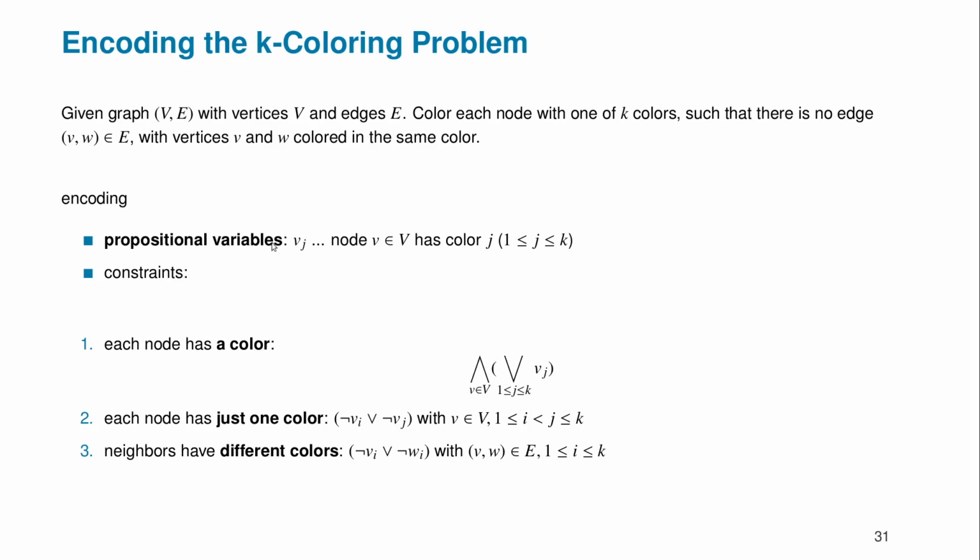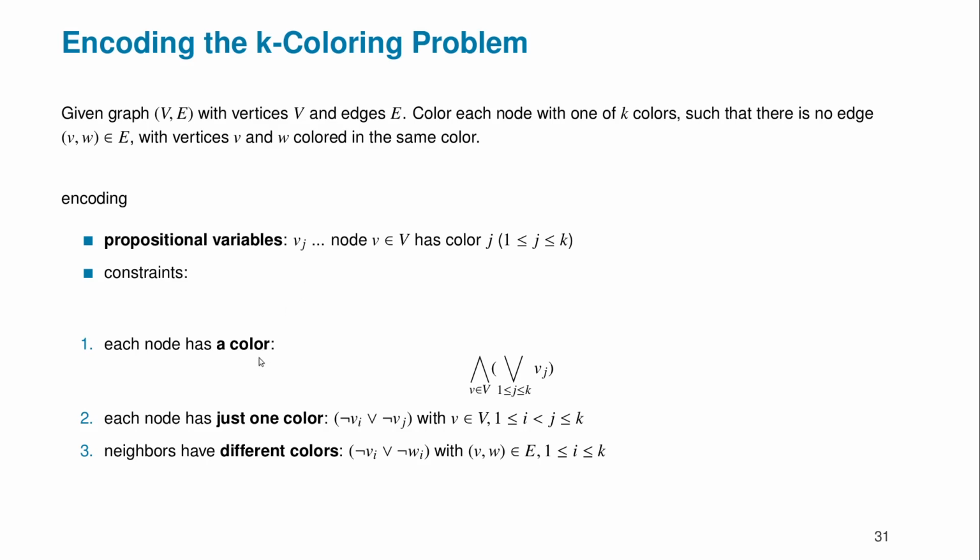So for each coloring, for each node, we introduce a variable. We name the colors 1 to k, to distinguish them, to make it easier. And a propositional variable v_j is true if node v has color j. Now we want to formulate the constraints such that it is indeed the case that v_j is true if node v has color j, and also that the constraints of the problem are